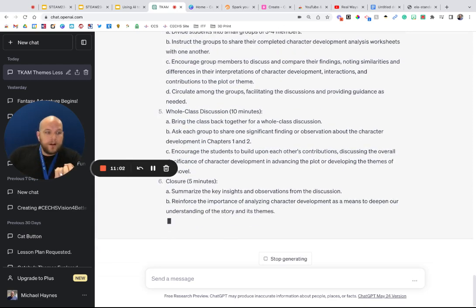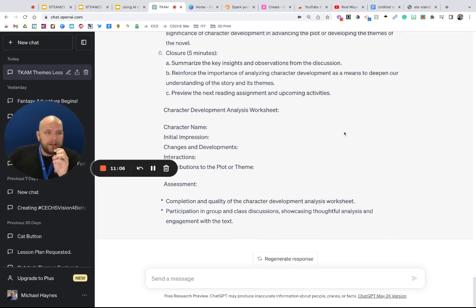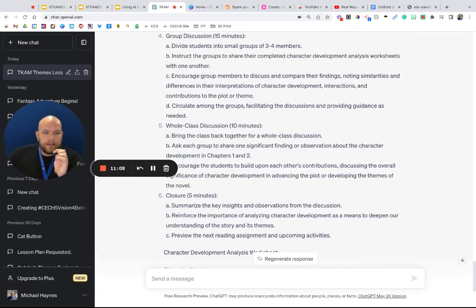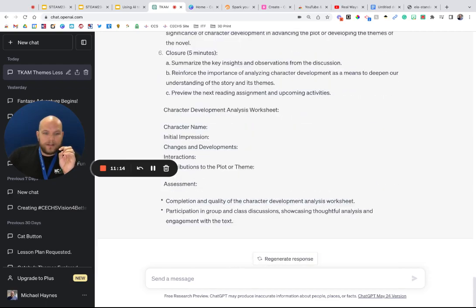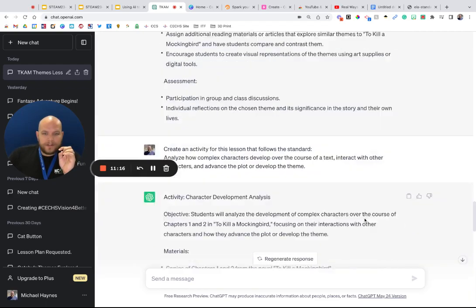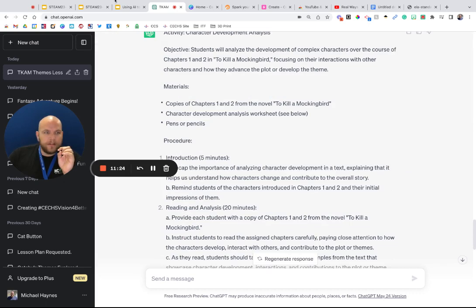Now, one thing that you should always do whenever you're creating lessons, especially with an AI, is vet the lesson. Make sure that you're using your common sense, one, but also just make sure that everything is lined up and is correct. And you can even tell ChatGPT if it's correct or not by giving it thumbs up or thumbs down if you like that particular response. Okay, so just kind of keep that in mind as you're going through it, creating your lessons.